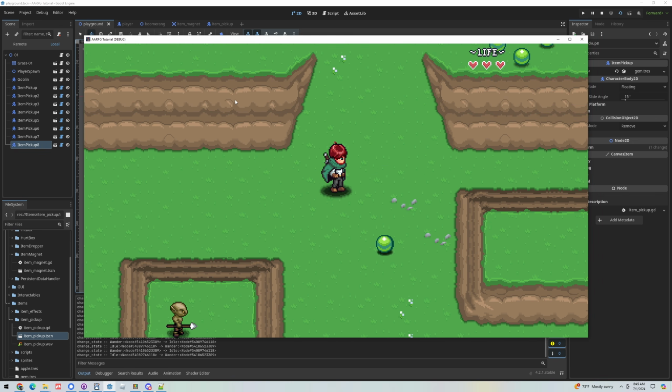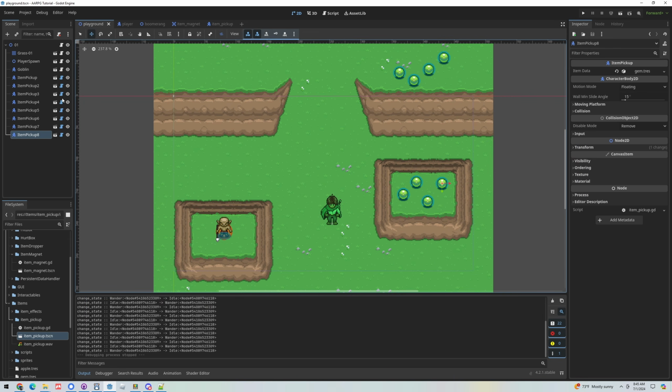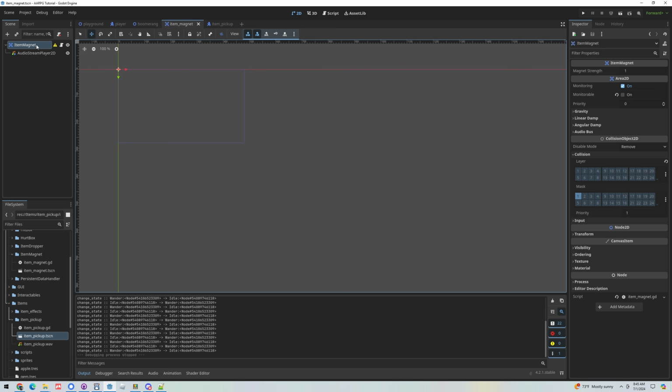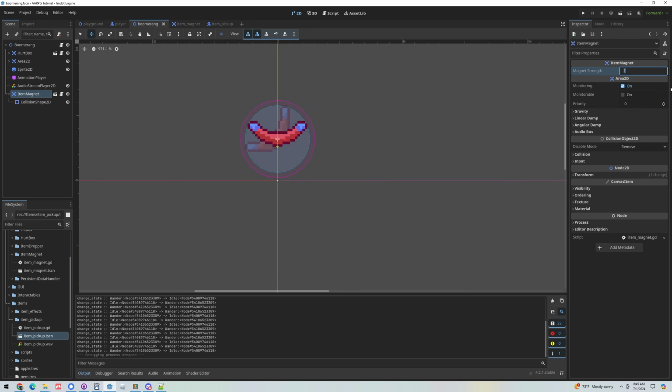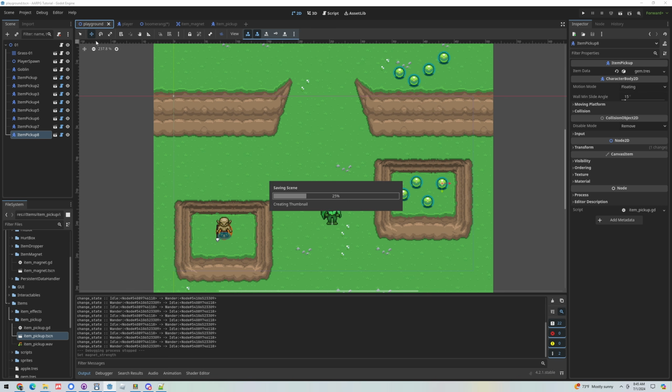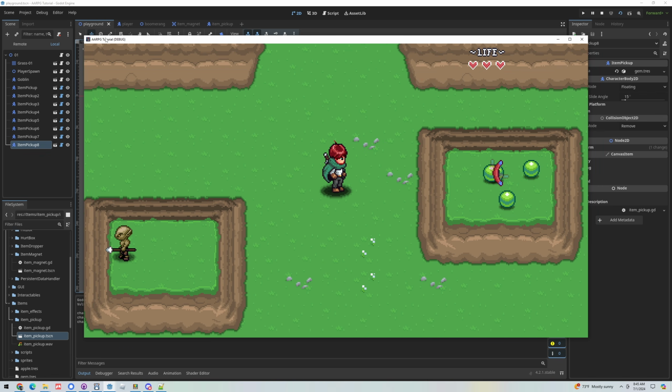Okay. And then obviously that speed's a little bit off. So let's do one thing. We can change the speed with our item magnet. Go to our boomerang, select the item magnet. I'm going to set the strength to something high, like 5. Now when we run the scene, the item should kind of stick to the boomerang a little bit better,